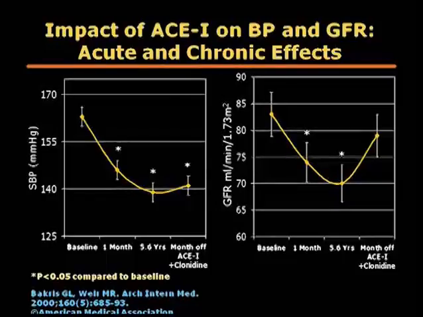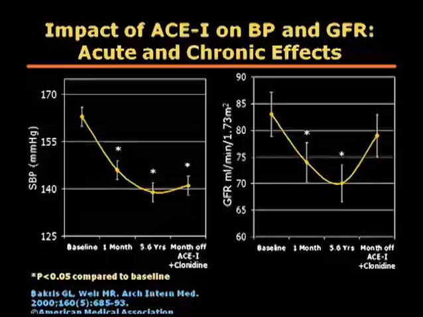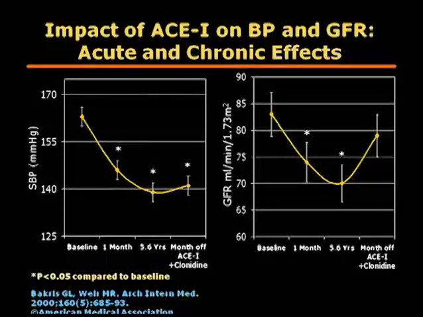If the blood urea nitrogen was 29, it might become 34. So there could be a transient loss of renal function when you give a RAS blocker. You see, there is a fall in blood pressure. When there is a fall in blood pressure, there is also a reduction in GFR. But when there is reduction in GFR, you should continue the treatment. When you continue the treatment, there is a recovery of normal renal function. So despite a reduction in blood pressure, there is a recovery of renal function.